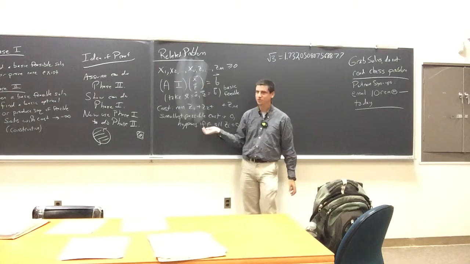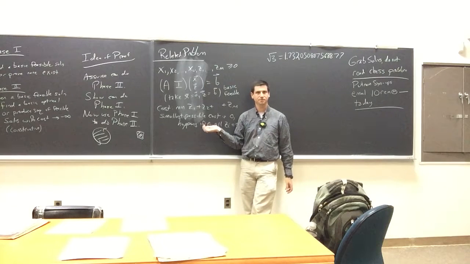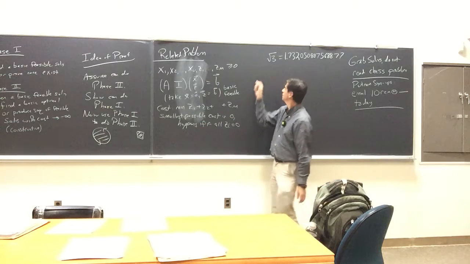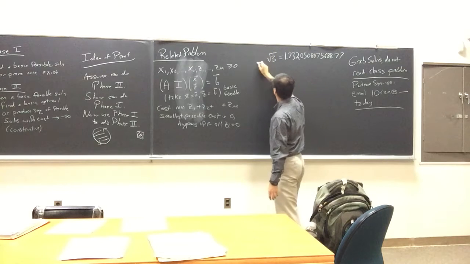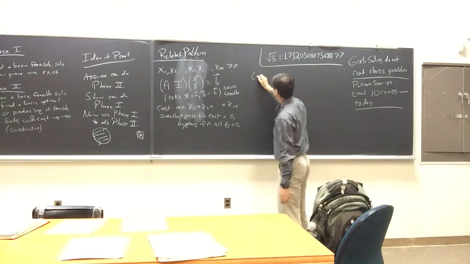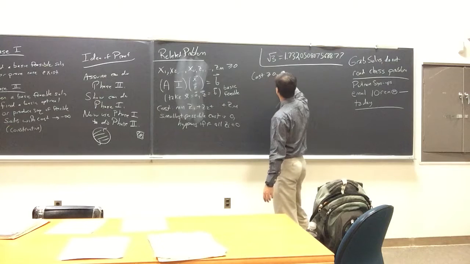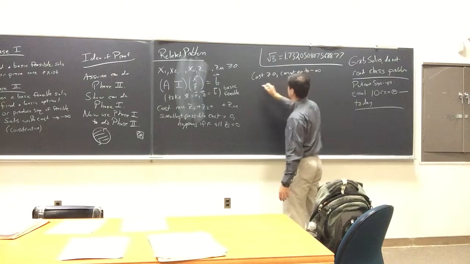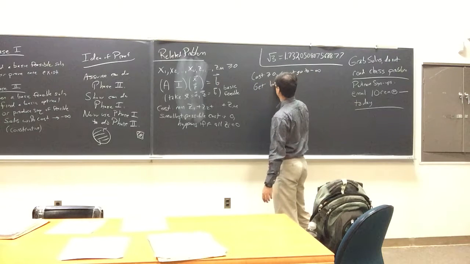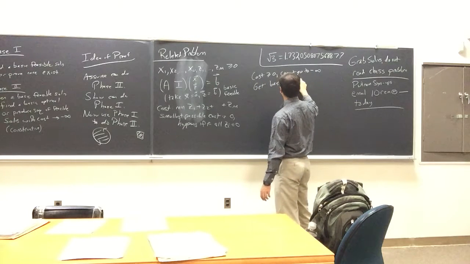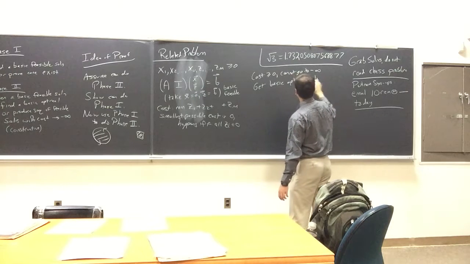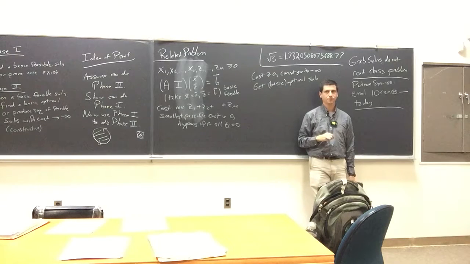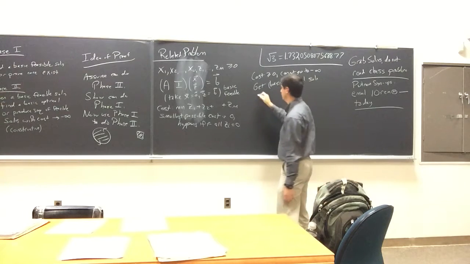Is it possible for the cost to go to minus infinity? No, cost can't go to minus infinity. The cost is bounded by 0. So I'm saving this for later. Cost is greater than or equal to 0, cannot go to minus infinity. So we get a basic optimal solution. I don't even care if it's basic, we get an optimal solution. So there's two possibilities. Case 1,